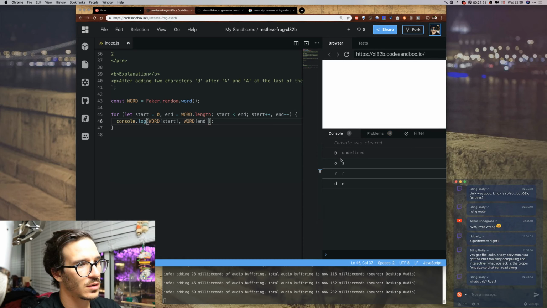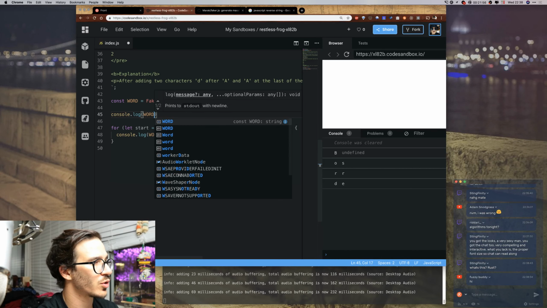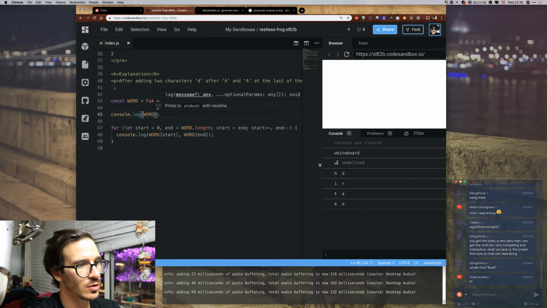So actually I need to console log the word so I know what we're working with. Console log word, so whiteboard, white and